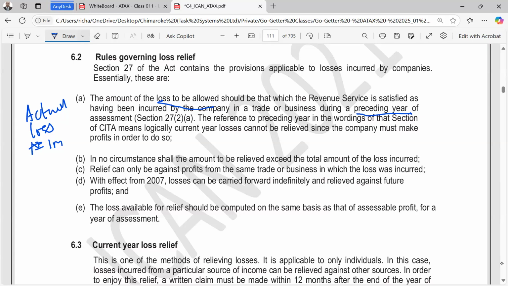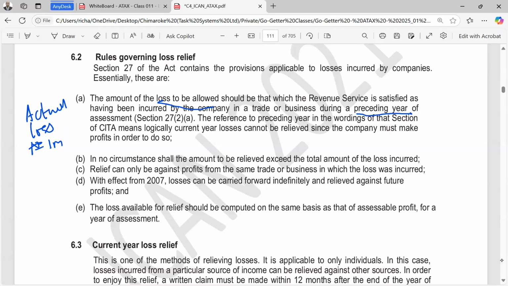You cannot be bringing 1.2 million when you made an actual loss of 1 million to relieve it. Now, you will be surprised, or you'll be wondering, if I have a loss of 1 million, why will I be bringing maybe 1.5 million? Does it make sense? Well, in the last regime, before the Finance Act 2019, when there is overlap, there is a situation whereby your first year and your second year, there is an overlap and you made a loss that is being treated twice. Imagine treating this 1 million twice.